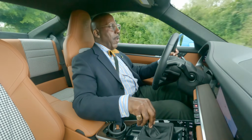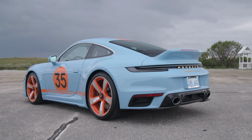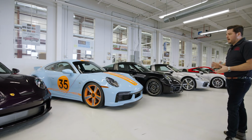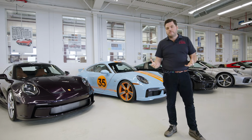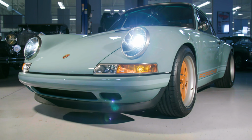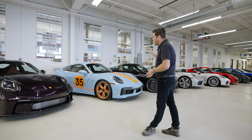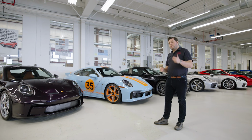7-speed manual transmission with the ducktail and the bubble roof. Really, really cool design. And when we were designing this car, when we were speccing it out, Nick really wanted to kind of emulate his Singer. So the Singer, which you'll see over there, we'll get to, Singer kind of did their own Golf livery without using the official colors. So this is actual Golf blue with the Golf orange, which actually Porsche will now no